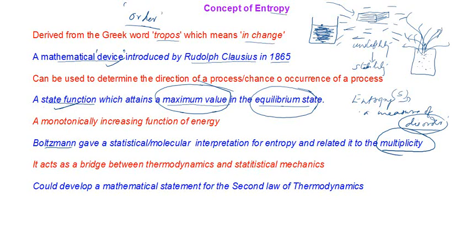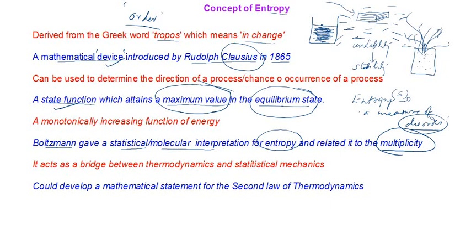Boltzmann was the person of immense scientific caliber and mathematical caliber, who finally, very late, gave a statistical or molecular interpretation for entropy. Entropy was thermodynamically defined by Clausius. That's what I have to tell you. The concept of entropy was introduced thermodynamically by Clausius, but later there was a lot of mystery. It was something mystical. In the word entropy, there was a lot of lack of clarity in the definition